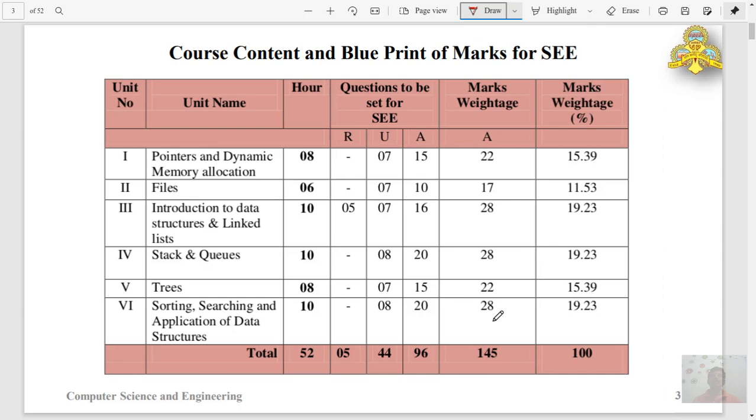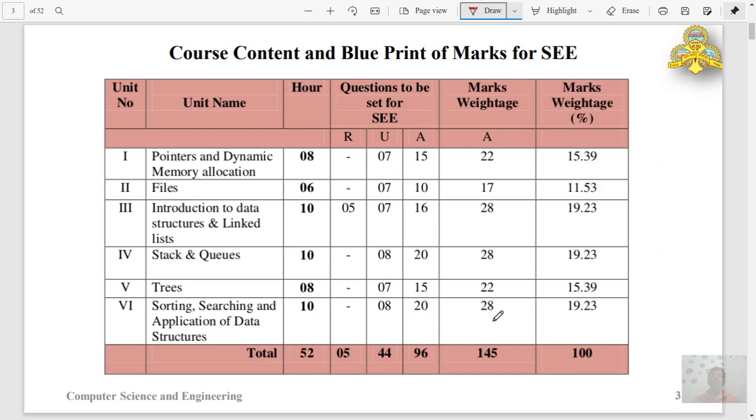This is the course content and the marks distribution. The hours allotted for the first unit are 8 hours and the marks are 22.